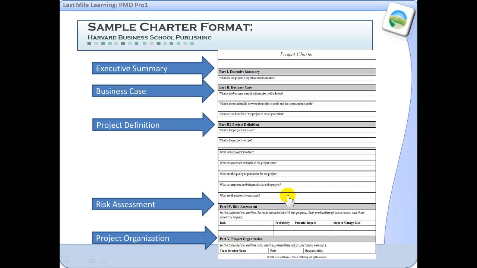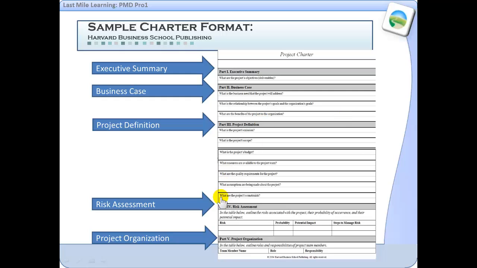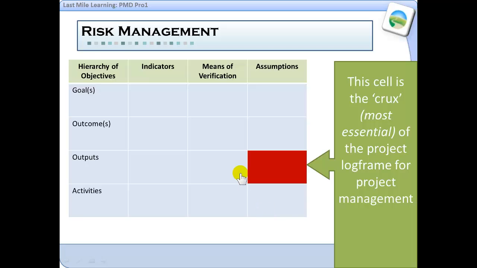So that's an example of a project charter. I want you to make sure that you give that some thought and make sure that you understand the purpose of a project charter. Now, risk management then is one of those sections that comes in the project charter, but often organizations will develop